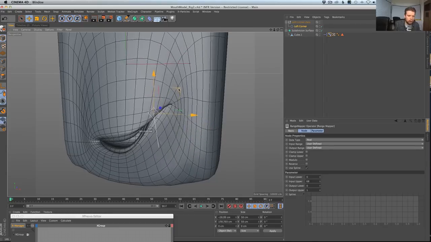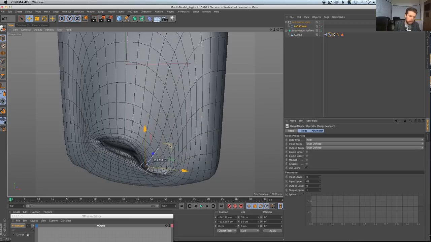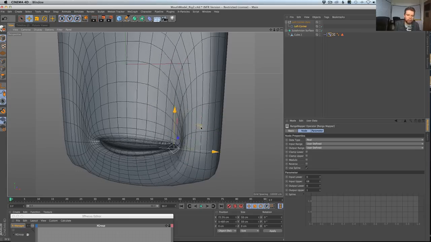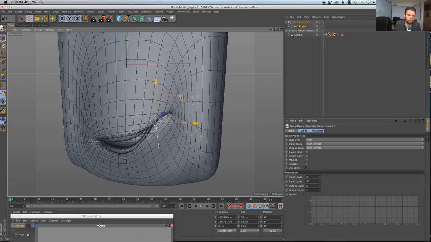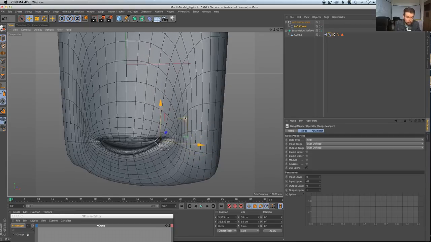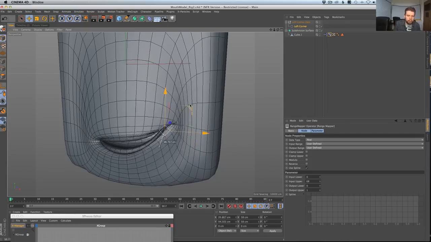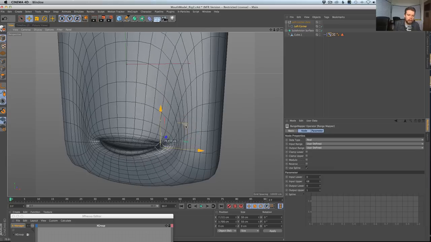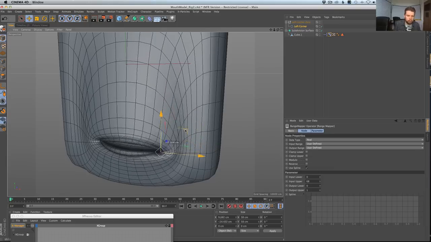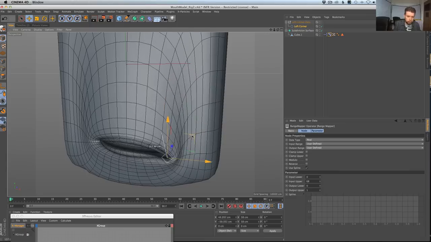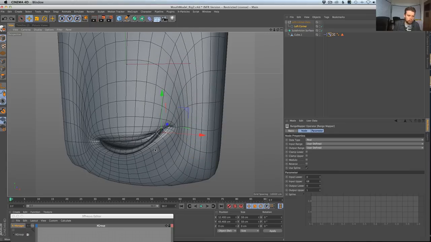We can actually have this arc around and go to any position of in and out, up and down, which is just insane. Like as soon as you combine two axes, it's like, oh my god, look at it, it's amazing. And it's all based on just this object moving up and down. So this is, instead of doing the interactive tag, you can do it like this. We have to set the same thing up on the other side, and the other side might have to be inverted because the directions wouldn't go.